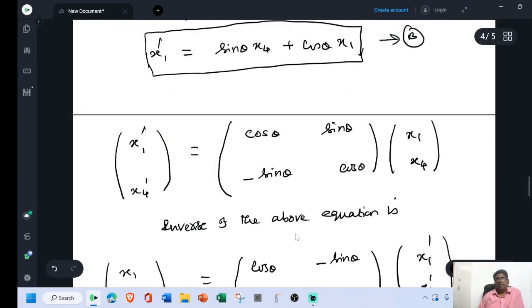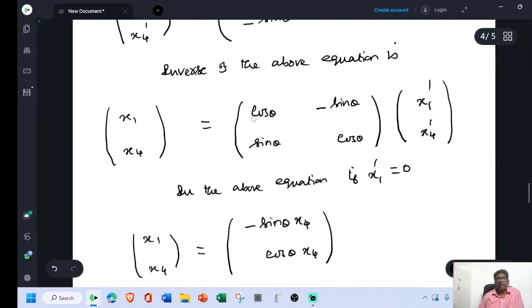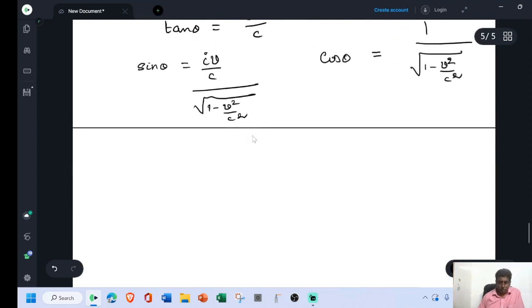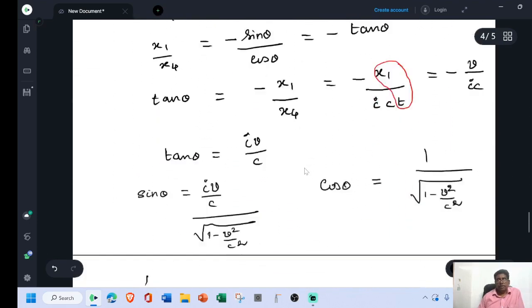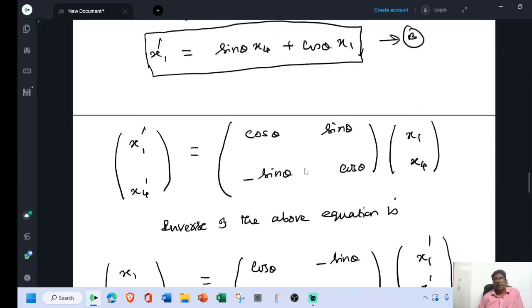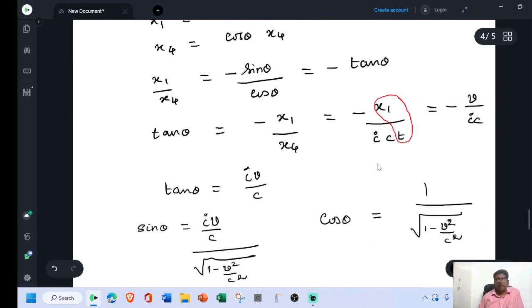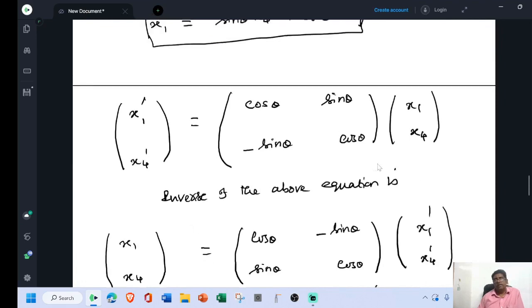Now come to the first equation, first matrix. Say this is the first matrix. From this matrix, x1 dash equal to cos theta x1 plus sin theta x4. And the second equation is